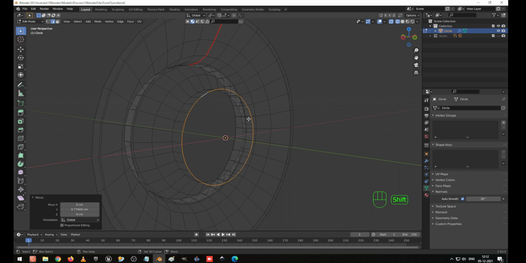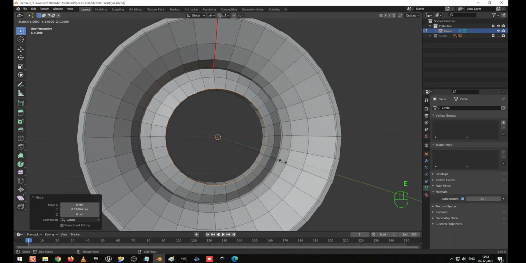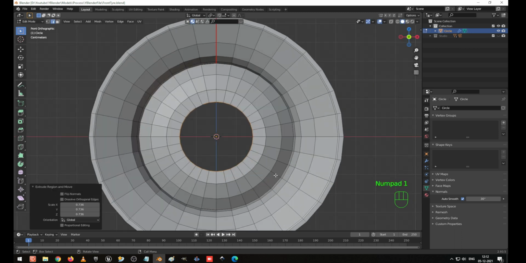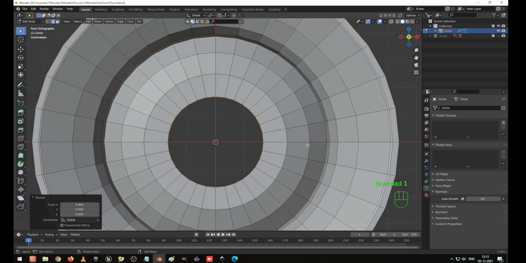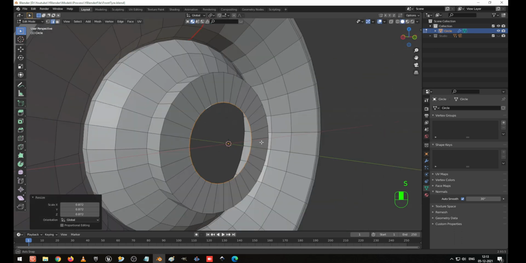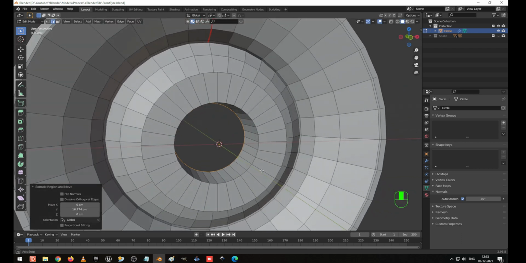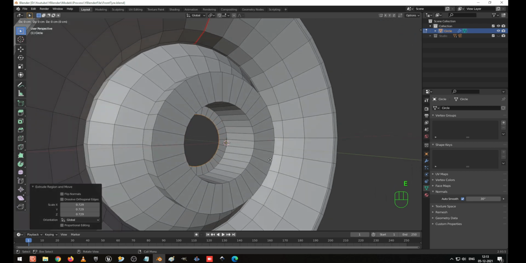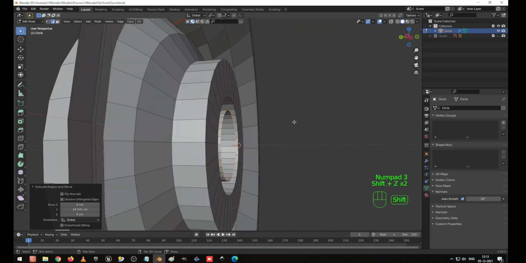Now we have a design like this. Here I am going again to E to extrude and S to scale. I go to the front view to view it correctly, S to scale down, and E to, no, I make it a little bit more, I scale it, okay, and E to extrude on the Y axis, go down, and E to extrude and scale, E to extrude on the Y axis, I go to the side view, okay, correct alignment, okay,